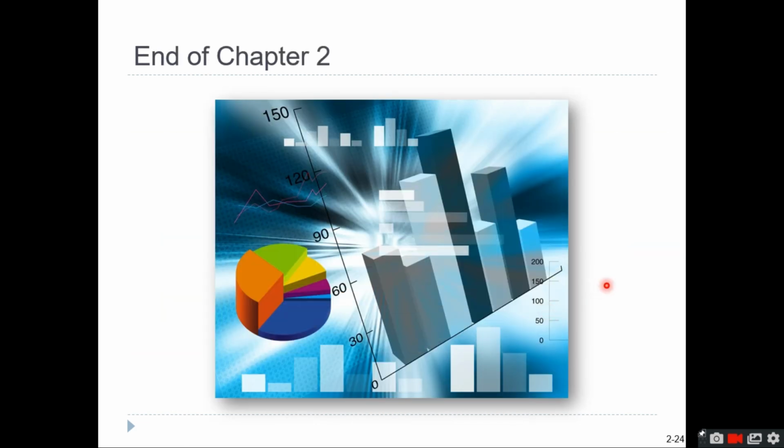So that's basically the end of the discussion of our costs. And the only thing that we need to do right now is to assess ourselves and to determine if we are able to understand the concepts. Okay, and take note, we need to understand these concepts, because when we progress in our class and we start with the cost volume profit analysis, our variable and absorption costing, and other topics, these cost concepts will always be relevant and will always be needed. Okay, so that's the end of this presentation. We'll proceed with the assessment later on.